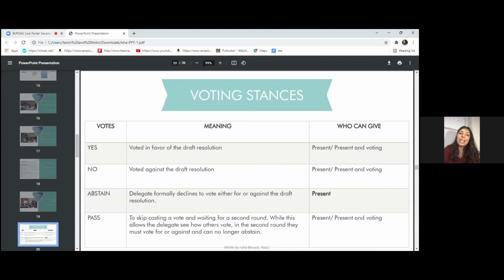Remember guys, in the procedural matters, when you're voting on the motion for moderated or unmoderated caucus, everyone must vote. You do not have the right to